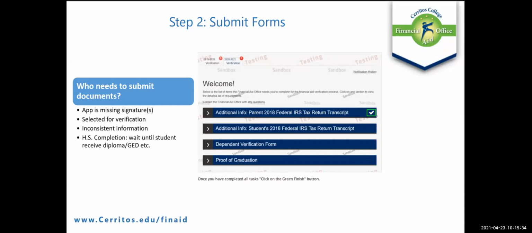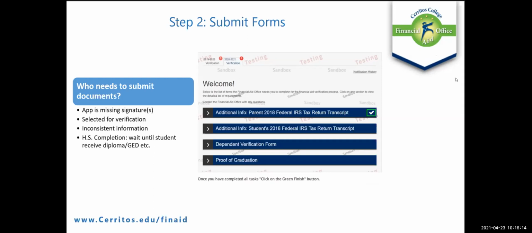And then finally, the last one, which tends to be one of the most common to-do list items for our high school seniors, is the high school completion proof of graduation task. For that one, because you haven't yet graduated from high school, you wouldn't be able to submit that task yet. So if you do have a proof of high school completion task in your to-do list, be aware that you'll want to make sure to follow up with us by the end of June. Usually, if you have submitted your proof of graduation by June to financial aid, we'll be able to package your awards and have it ready by the time fall starts.